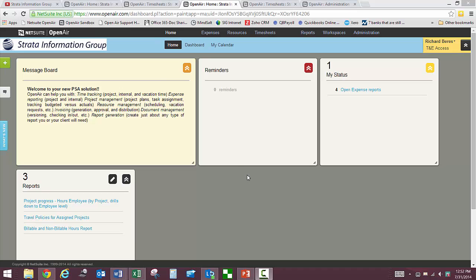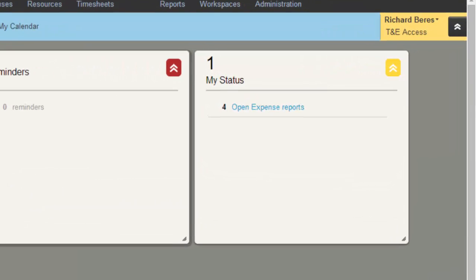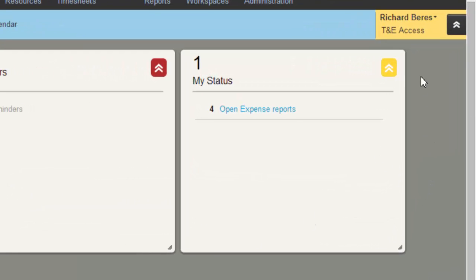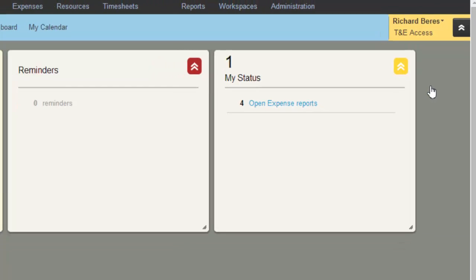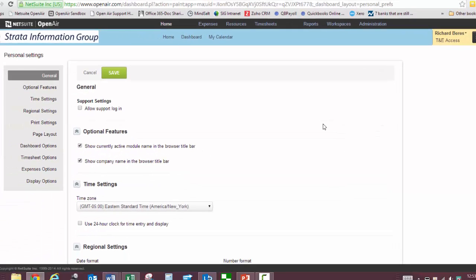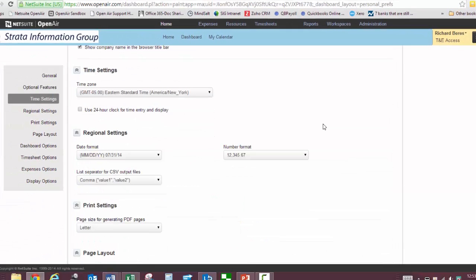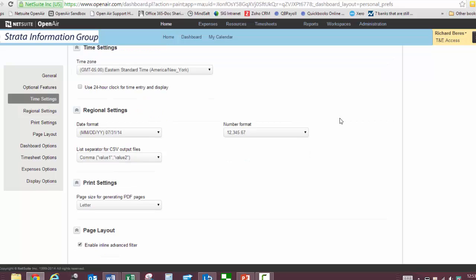This video is going to show you how you can customize personal preferences to enhance your OpenAir browsing experience. As you can see, I am logged in as a consultant, and by clicking the little drop-down arrow next to that consultant's name is where you access the Personal Settings tab. We're just going to go through some of the recommended settings changes that we have come across as we've gotten